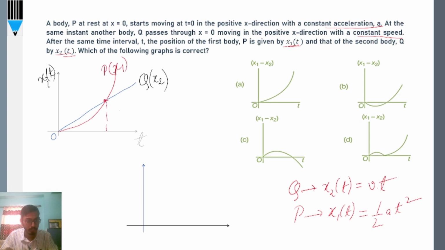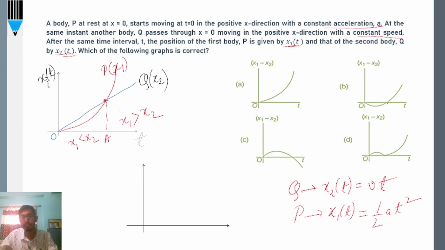Now notice here a point to look at: x1 value is less than x2, so till this part x1 is less than x2, and after this x1 is greater than x2. I think this is clear for you. When x1 is less than x2, x1 minus x2 will be negative, right? So in this whole graph, only at this point, some part of the graph is negative